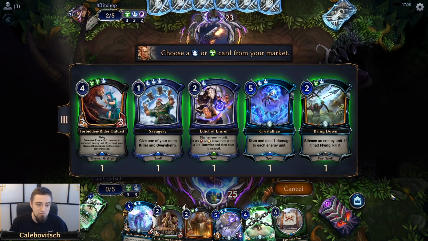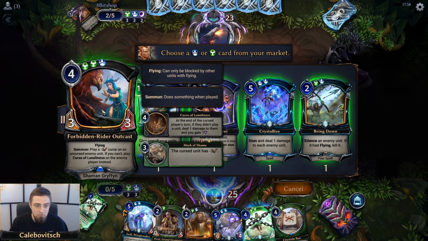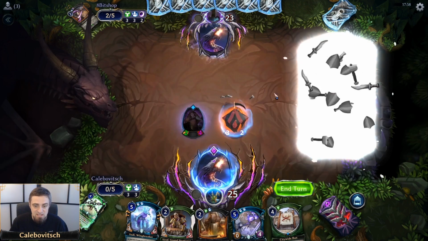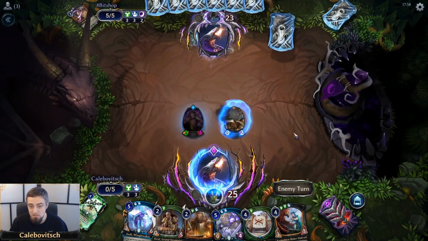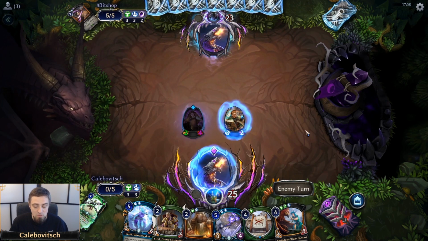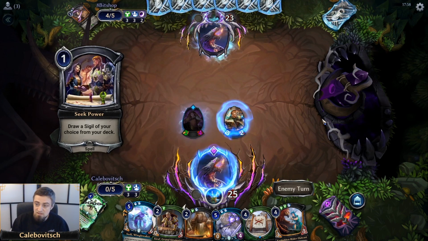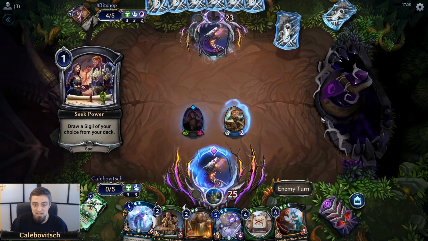I believe I'm also going for Forbidden Rider Outcast because the opponent is rather a control deck. Or I could also be going for Bring Down. Yeah, one or the other. Forbidden Rider Outcast usually gives us Curse of Loneliness on the opponent, which means they will be dealt 1 damage each turn if they are not playing units. And yeah, I mean, we're not milling right now. This is not